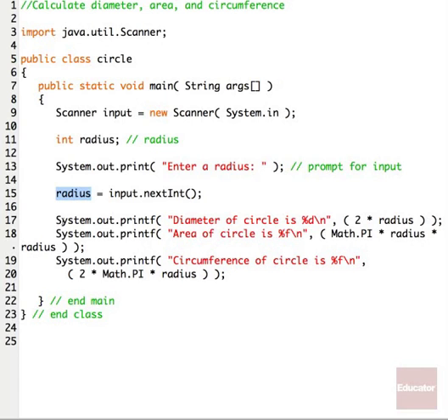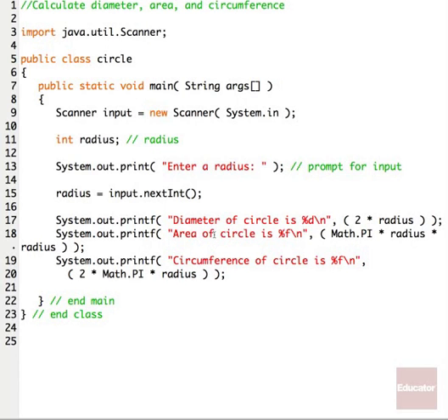So whatever number, whether it's a single-digit number, double-digit number, what have you, the system will then use that number to calculate certain things. And it's going to do this with the System.out.printf statement. So it's going to be formatted text, in other words, properly spaced text in this example. It's going to give the user the diameter, and the diameter is going to be based on this mathematical expression here, 2 times radius, or 2r, if we remember our geometry.